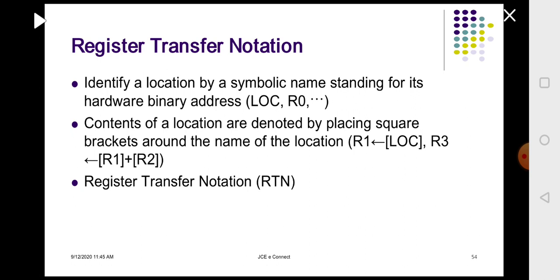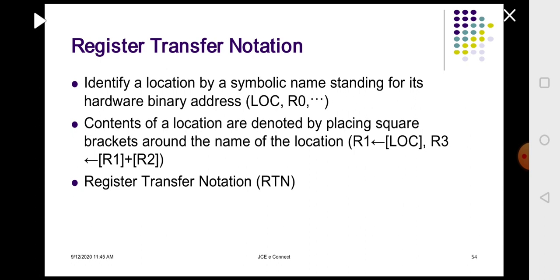For example, there are so many students in the Department of Electronics and Communication, so it is difficult to address. When we say 5th semester A division, 5th semester B division, we are confined to that. Each student from that division is given a specific roll number, so it is very easy to identify. Similarly, each memory address is given a specific name which will be easy to address for the programmer.